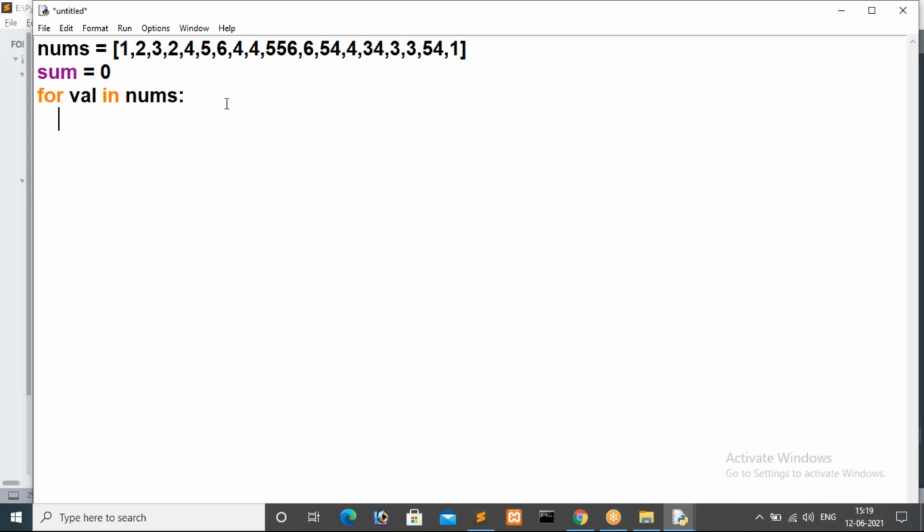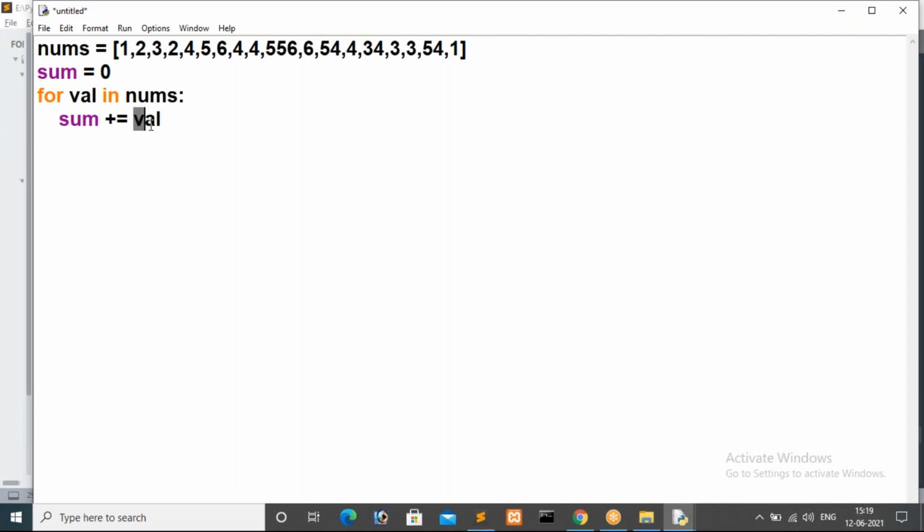Now that is over. Now inside the loop, in the first iteration we are getting value 1 from our list. So inside, now we have val. Now I want to perform some operation. For that, what is the next statement we have to write here? Now we have sum with us, sum is equal to 0. So what is the next statement inside the loop? We have to specify sum plus is equal to, and we have to specify val.